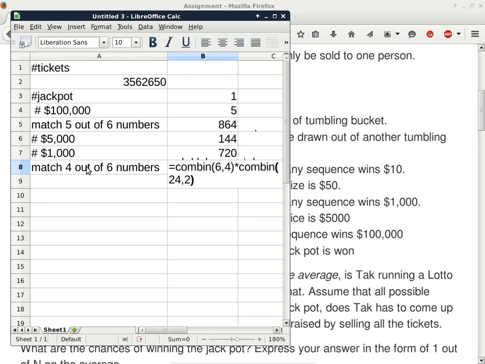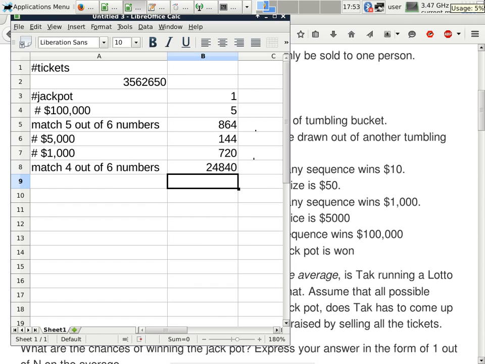And the multiplication or the product of these becomes the number of possible combinations that will only have 4 out of the 6 numbers matching. And then on top of all of these, we'll have this number of permutations. This part is always the same because we only have 3 out of 3 color balls. So this will be the total number of people matching 4 out of 6 numbers. Of these people, people who will be winning $50 will be the people who have the right color combination, the right color permutation.